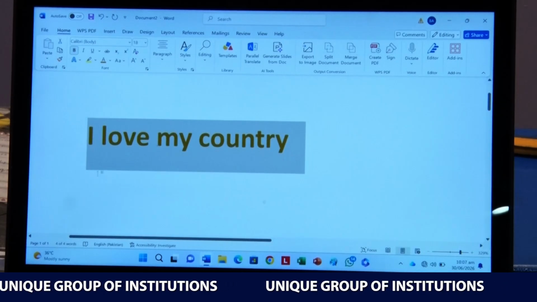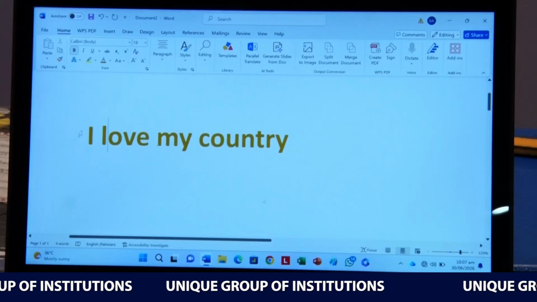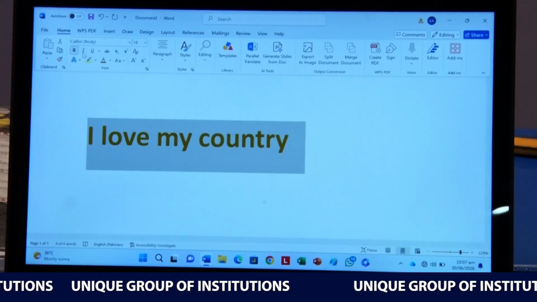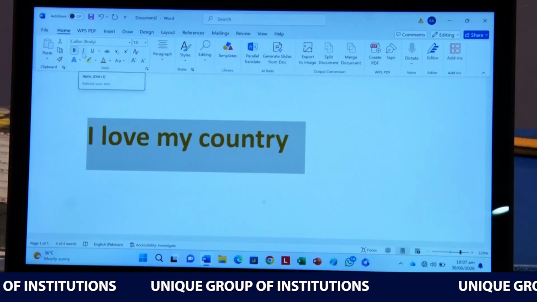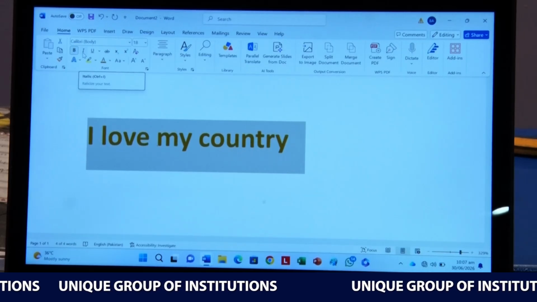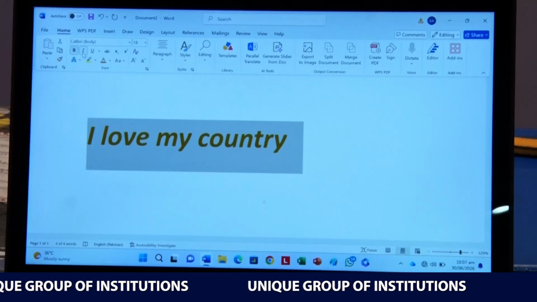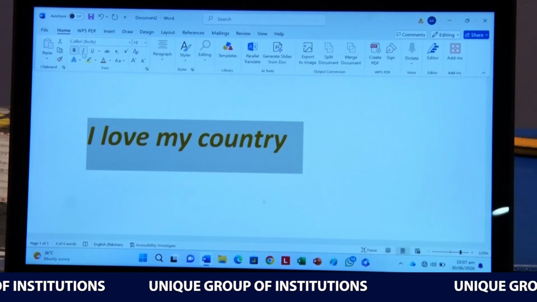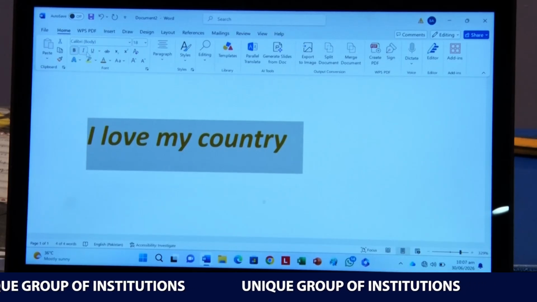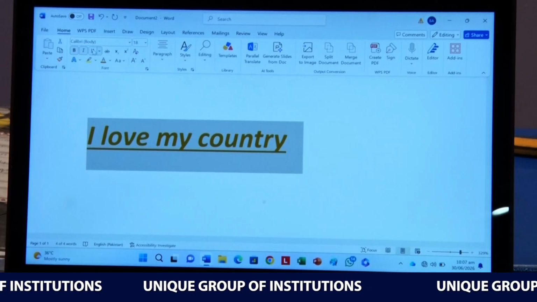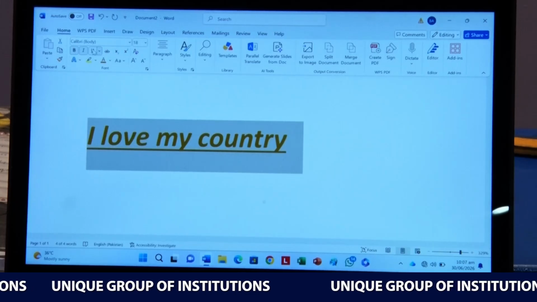You can see the text is bold now. Again select your text and press the italic. Italic means your writing will become slanted, and this is italic text. And if you want to put an underline under the text, you have to press U, and your text has been underlined.